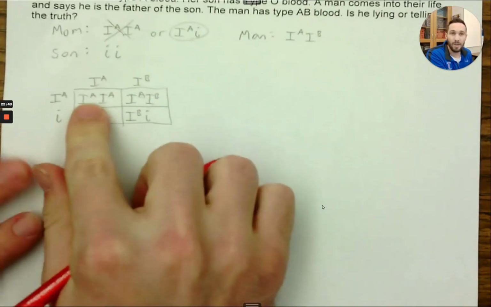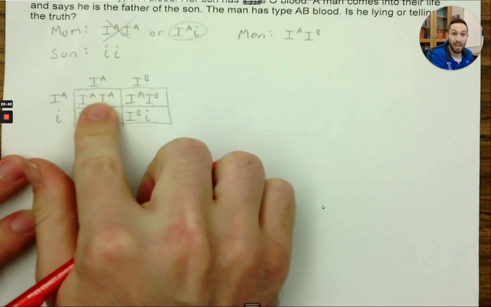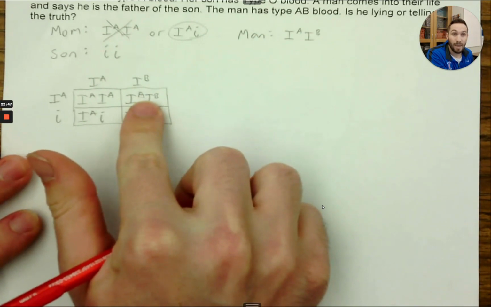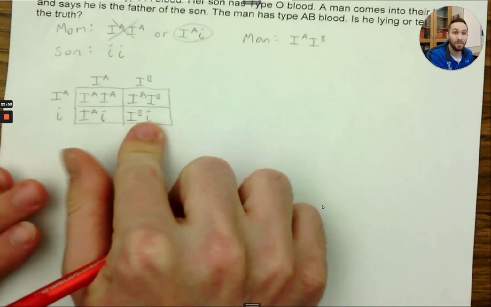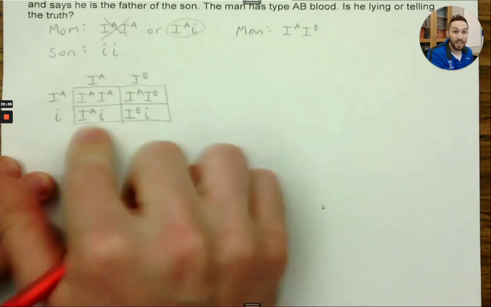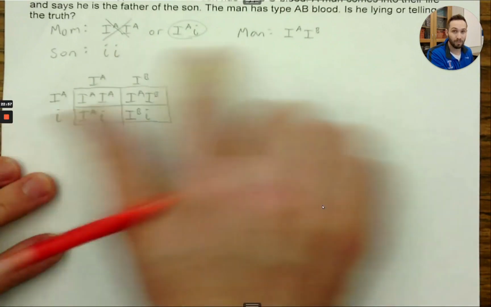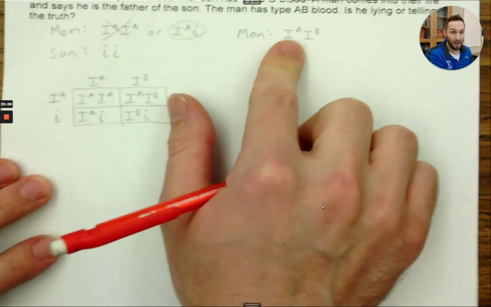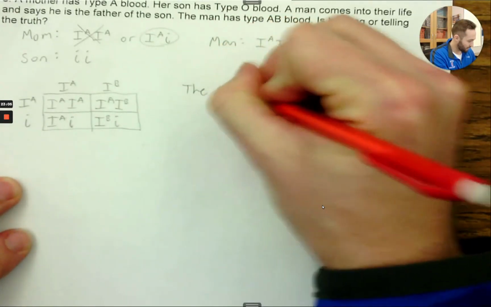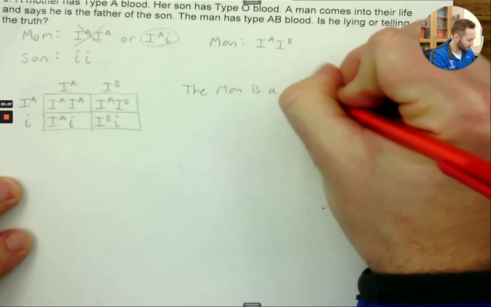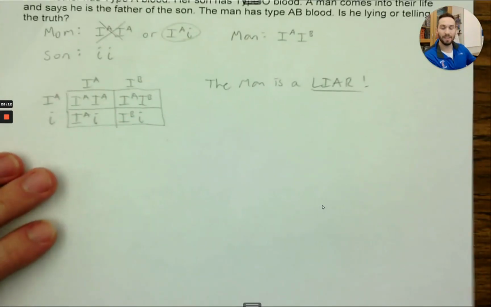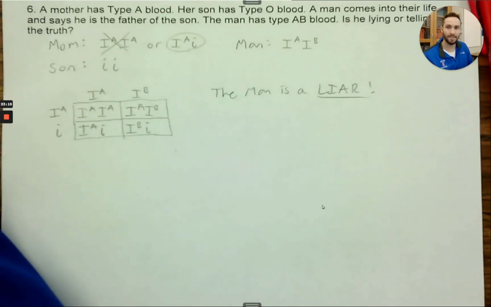If you look at this, they could end up passing on alleles so that their kid has type A blood. This outcome also leads to having type A blood. This outcome leads to the kid having type AB blood, and this outcome leads to the kid having type B blood. So really, they could have a kid with type AB blood, type A blood, or type B blood, but it's impossible for this couple to have a kid with type O blood, which means there's no way this can be the father. So we're going to say the man is a liar. Right? We don't even need a DNA test. That's not possible. Anyway, there's some examples of that.